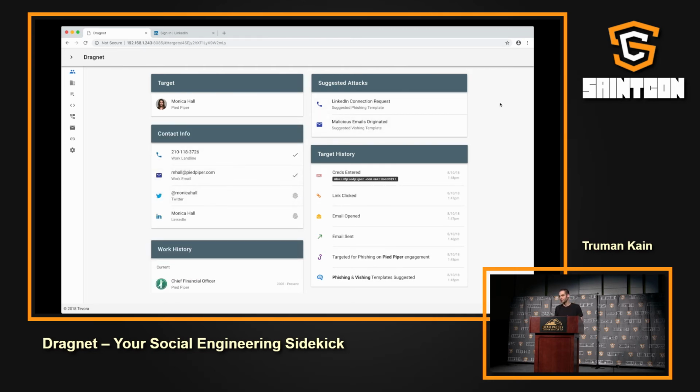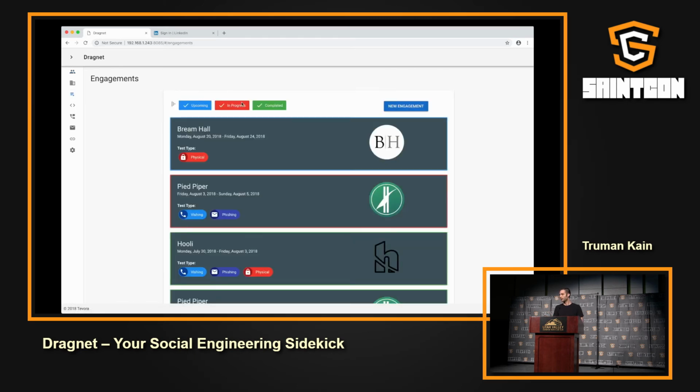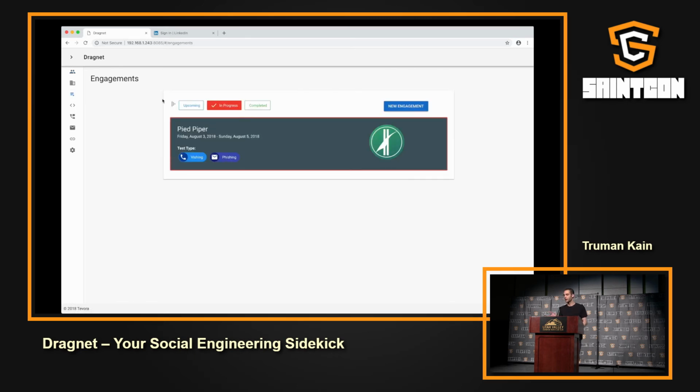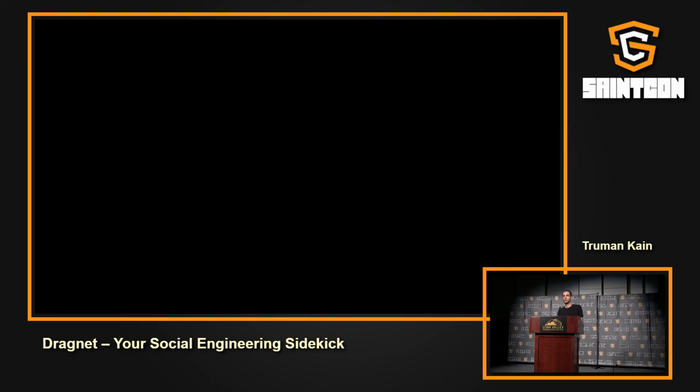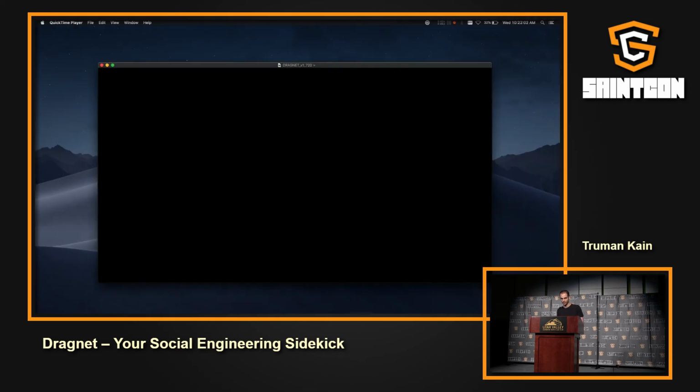And so that's essentially the dossier area. And we have like a little fingerprint icon for things that were gathered during OSINT, and a check mark for things that you added in yourself. So that's the engagement screen, and that essentially is a very small snapshot of what the Dragnet framework is at this point.